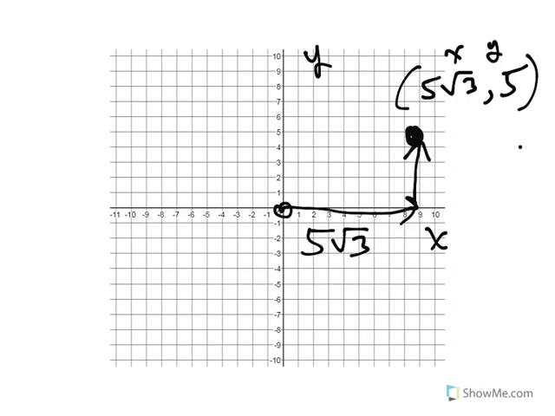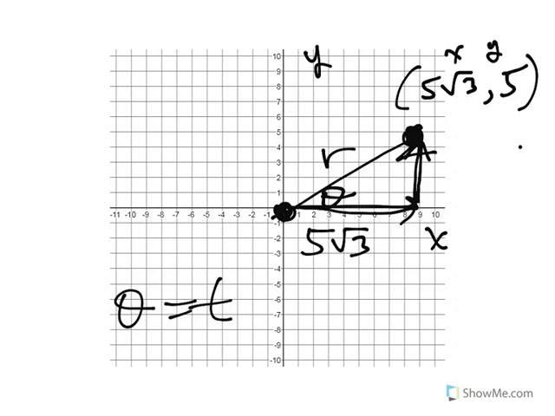But there is another way to get to that point. Like if I was telling somebody to go here from this origin, I could tell them, walk east 5 radical 3 and then go north 5. But it would be faster to tell them to just go directly there. But to tell them to go directly there, I'd have to tell them what angle to be pointing in. So if I draw this triangle here, and I call this theta and this r,